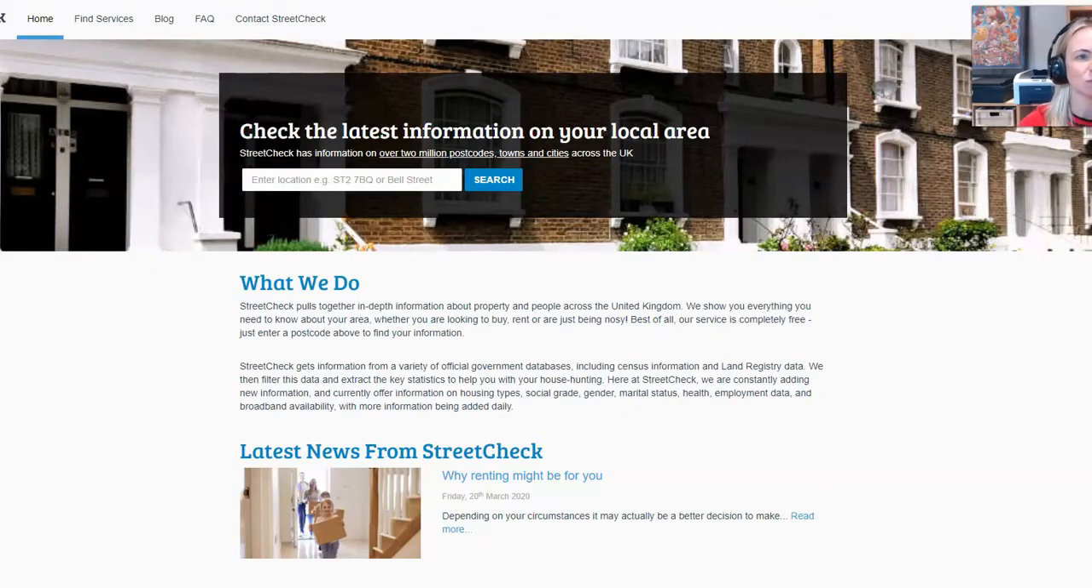This website is called streetcheck.co.uk and it tells you lots of information about a local area, such as crime statistics, population statistics, demographics. Now, if you're looking to invest in an HMO, it's really helpful to understand this, because what you want to